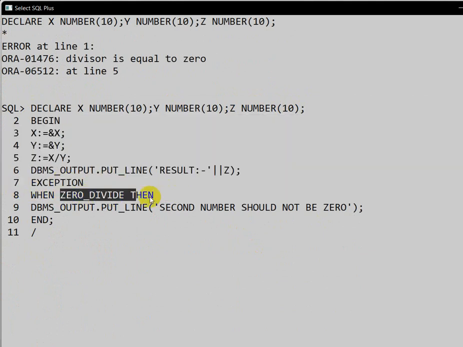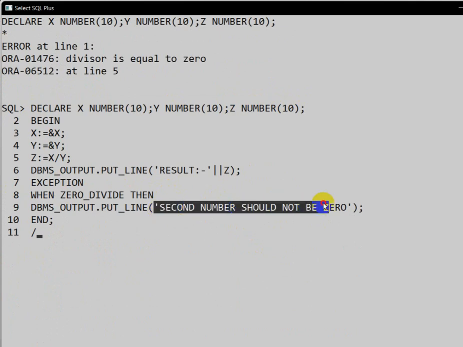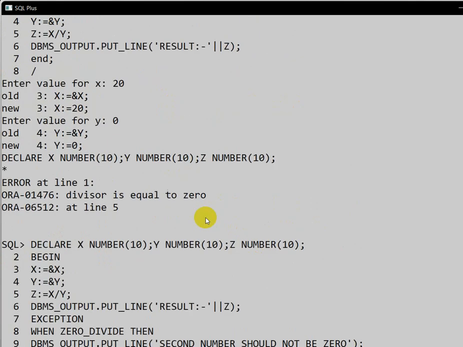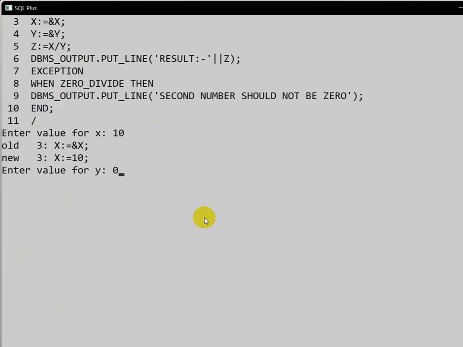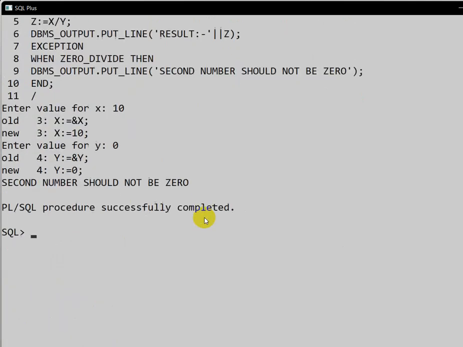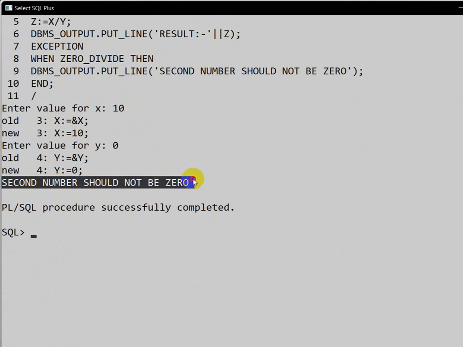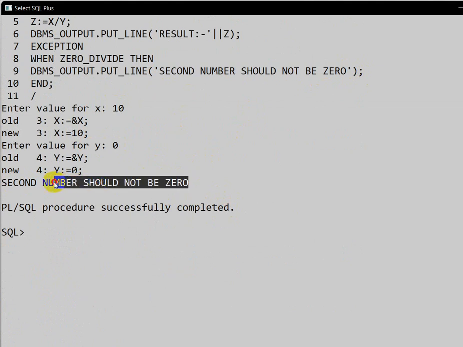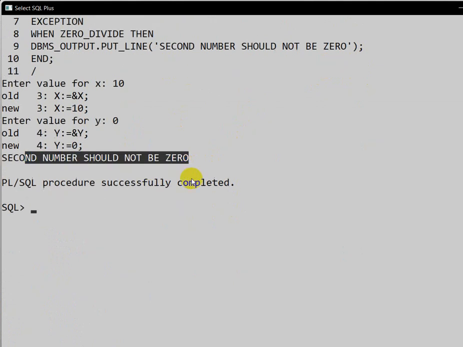When ZERO_DIVIDE, then what we will do: print that the second number should not be 0. Let me execute this. If we take x value as 10 and y value as 0, we can see we are getting "second number should not be 0." This is the message we print in the exception. So this is the way we can handle this.